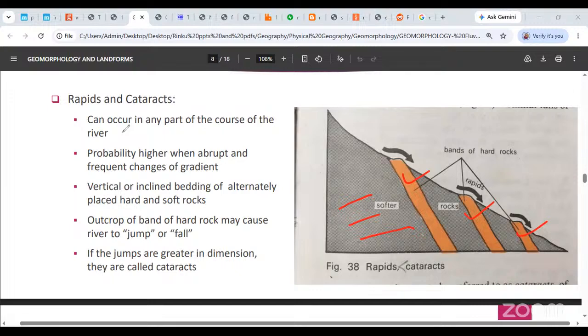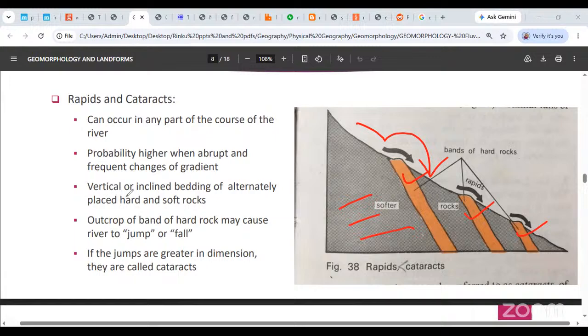All right, now what happens is the softer rock will get eroded more and it will go down. Okay, the harder rock will not erode as much and it will protrude upwards. Okay, तो वो जब ऊपर की तरफ protrude करता है तो वो पानी जब यहाँ तक आता है तो वो यहाँ पे ऐसे jump करता है. The water jumps across that rock. Okay, because clearly the rock is a little above, the rock is a little higher than the rest of the bed. तो वो पानी वहाँ पे jump करता है और वो पानी जब jump करेगा तो आप जिस राफ्ट में बैठे हैं वो भी jump करेगा.